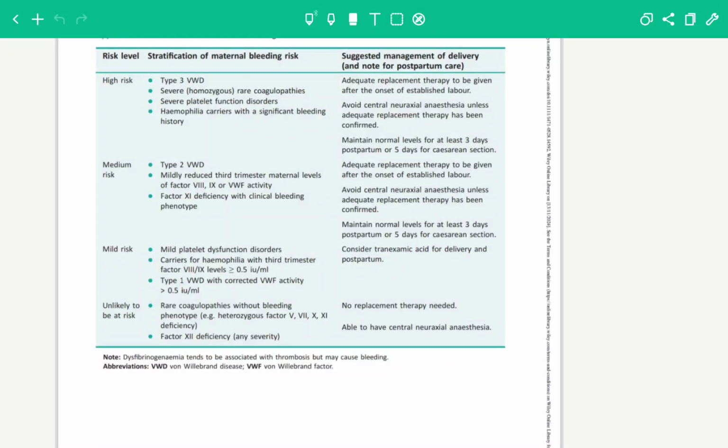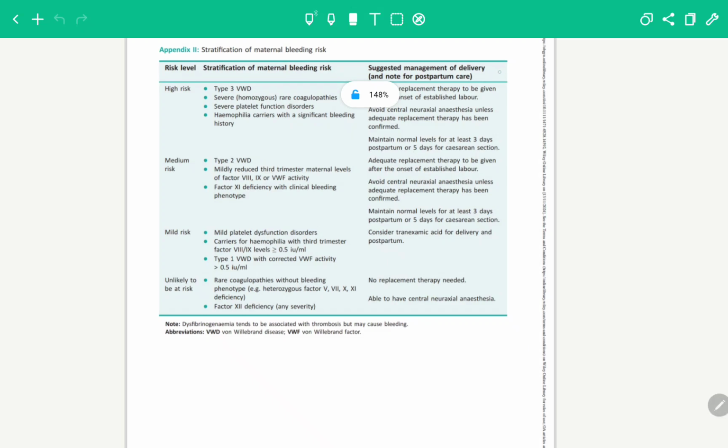Now in this video we will discuss the management of delivery and postpartum care in patients with maternal bleeding risk. If you can see, the management for the high risk and medium risk sections is the same. So they are the categories which we have to be concerned about. The high risk and the medium risk patients are the ones that we will have to discuss in detail,